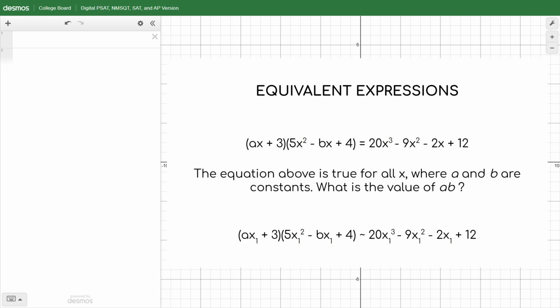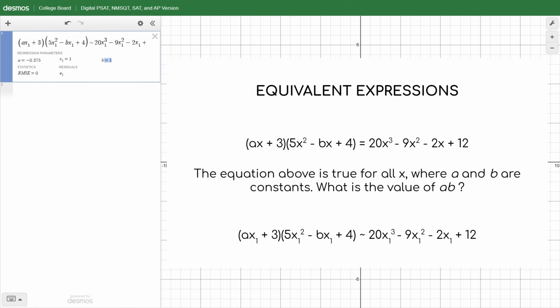Here I am in Desmos, and let me go ahead and type in that equation. After every single x, you want to type a 1. And then instead of an equal sign, you want to type a tilde. Now the tilde is the squiggly line in the top left corner of your keyboard under the escape button, and all you have to do is hold down shift and click that key. Alright, so I went ahead and typed it in, and you'll notice that it gives you the values for a